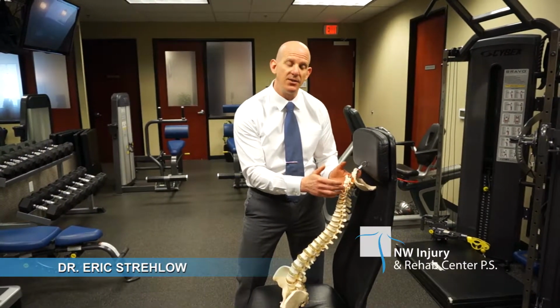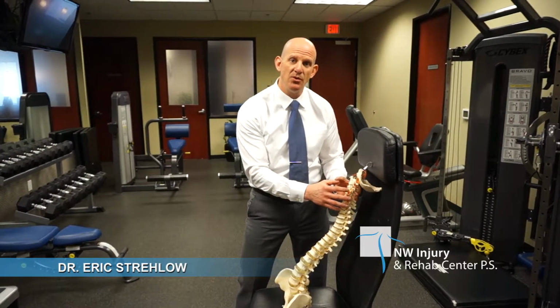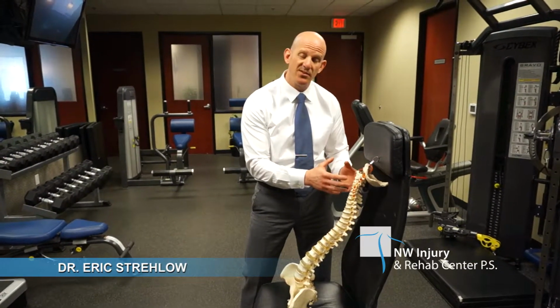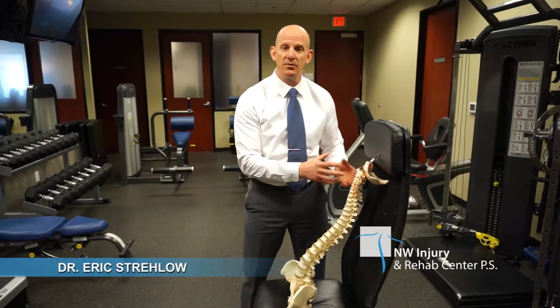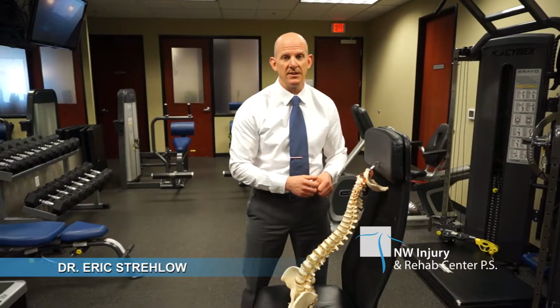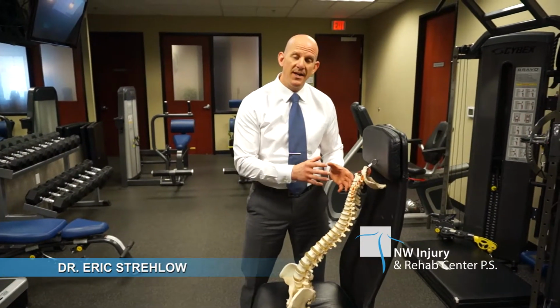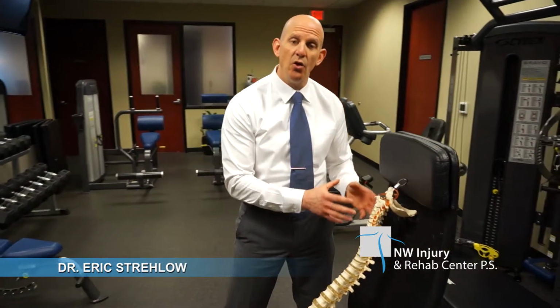ligaments and tendons and muscles that hold these bones together, they're not made to withstand that kind of motion. It's completely unphysiological, and so the muscles, tendons, and ligaments get overstretched and torn, okay, to some degree, maybe mild, maybe severe. Bones can even get broken actually in these types of collisions as well. And so again, I hope that adds some clarity to how a spine can get injured in a low property